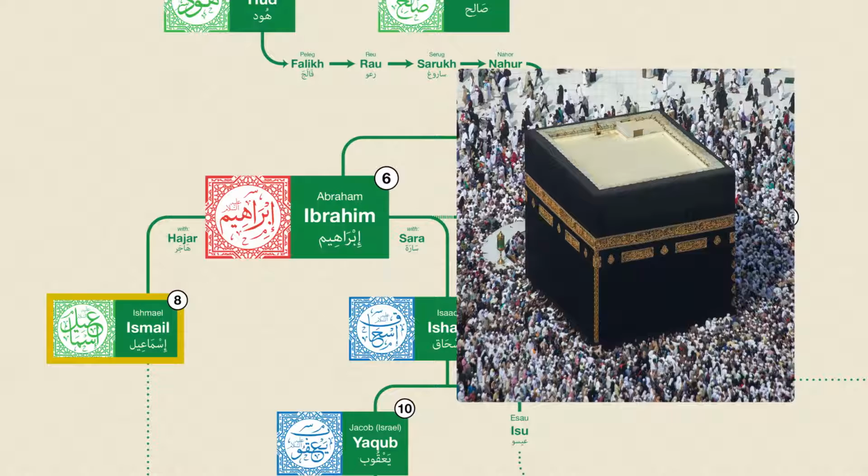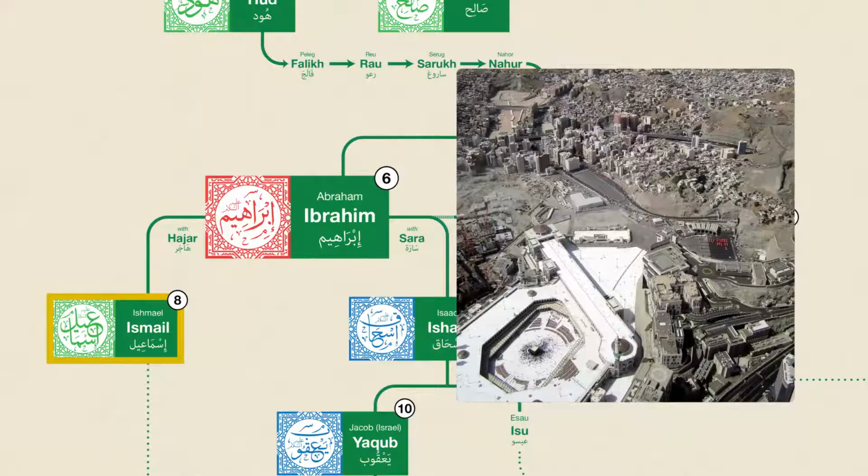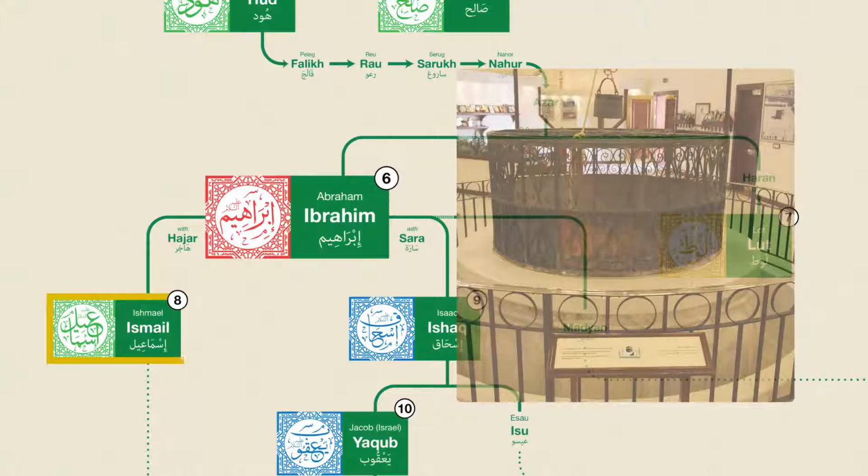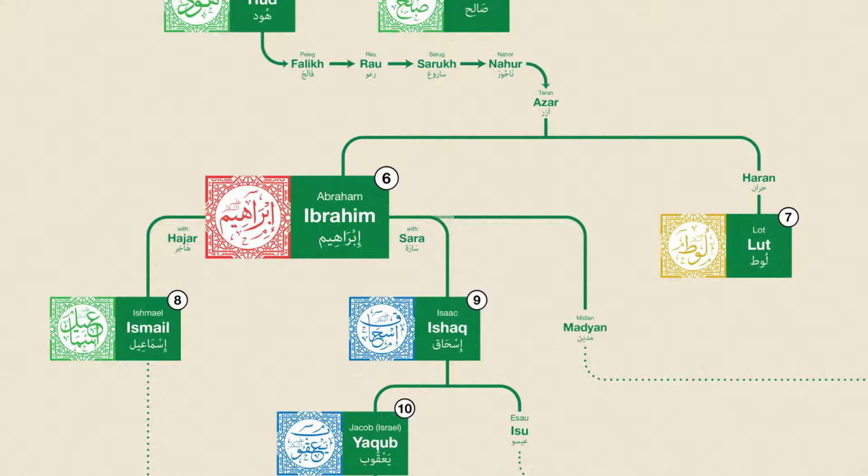After they are left alone, they eventually run out of water, and Hagar runs between two nearby hills, Safa and Marwa, 7 times, searching for water. When she returns to Ismail empty-handed, a miraculous spring suddenly appears, which is now known as the Zamzam well. Today, the pilgrimage to Mecca often includes traveling between the two hills 7 times, like Hagar did, and then a drink from the well.